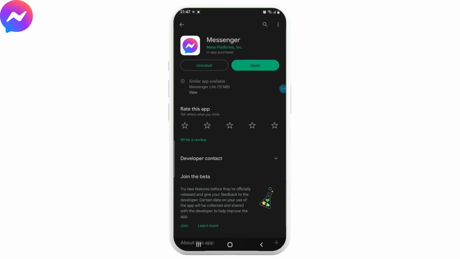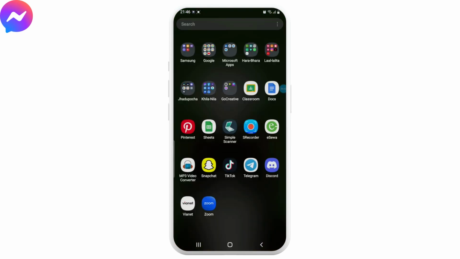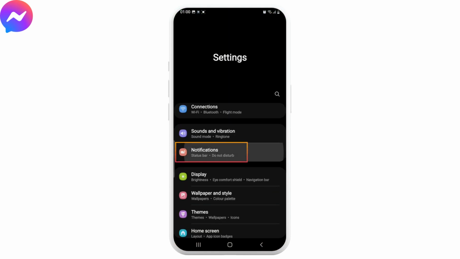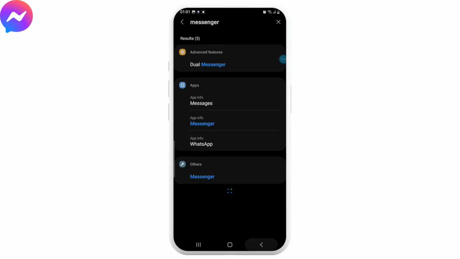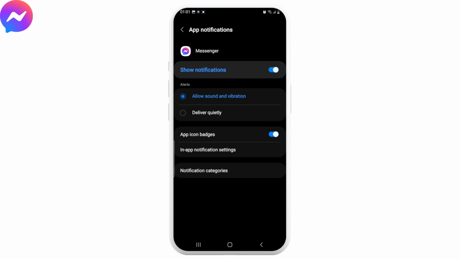The next thing is to check your notification settings. Make sure that you have enabled notifications for Messenger calls. To do this, go to your device's settings, then to notifications and look for Messenger. Make sure that the notification settings are turned on. If that simply helps, then that's great, but if it still doesn't, then make sure to clear the app